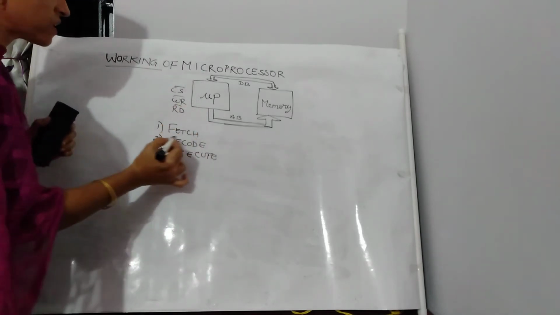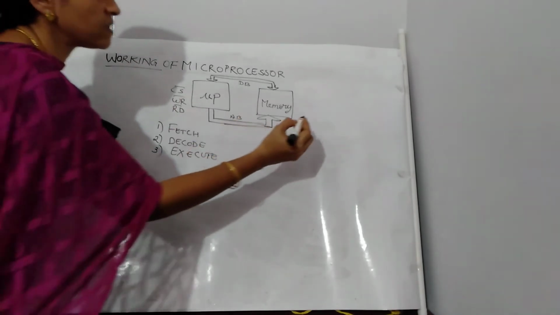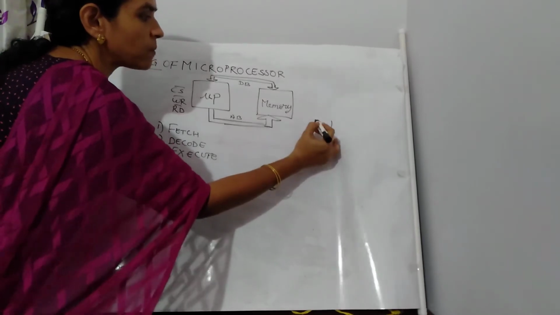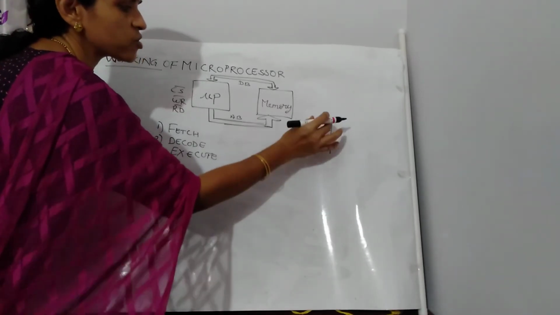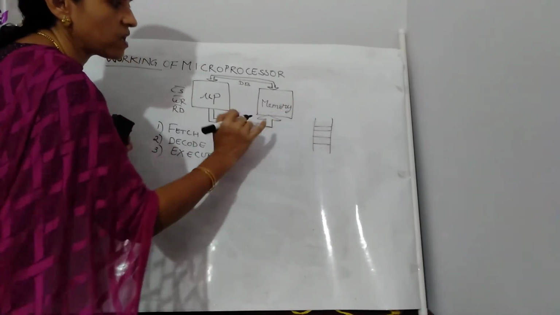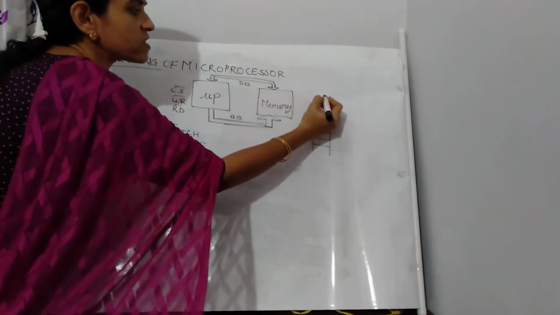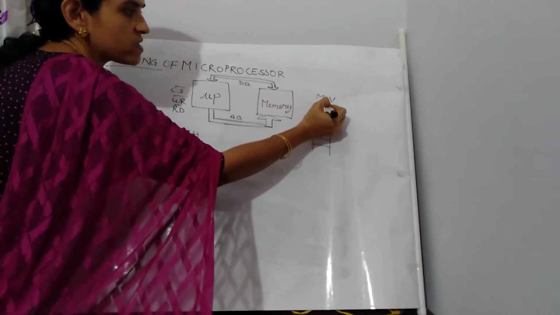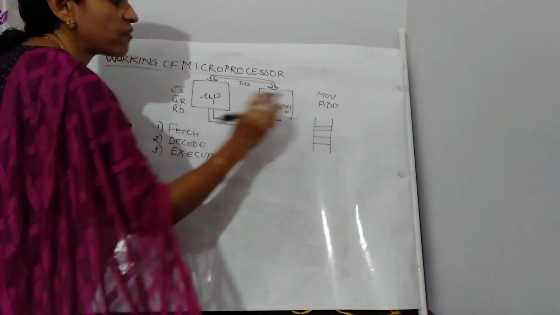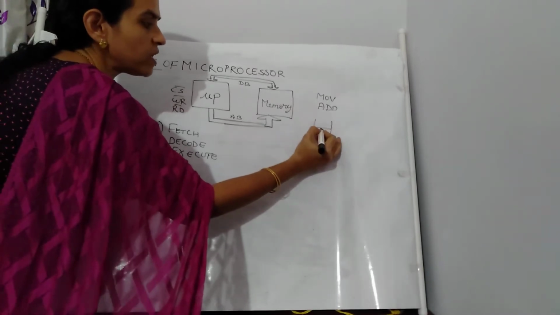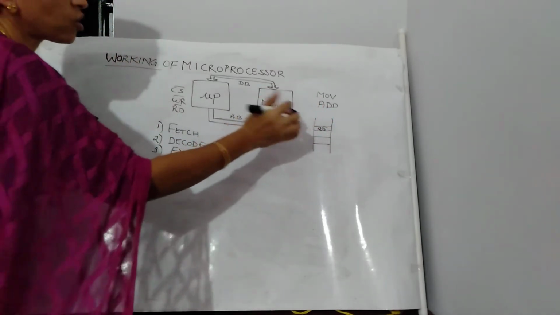Okay, now when we consider the basic operation, first of all let us consider the memory. Now memory will consist of a number of locations, and the program is actually stored in these memory locations in the form of codes. Suppose we have the first instruction, that is move. I am not writing the opcode. Then we have the add instruction. So each instruction will have a code. For example, I am taking the code of move as 25. This is just an example, it need not be that code.